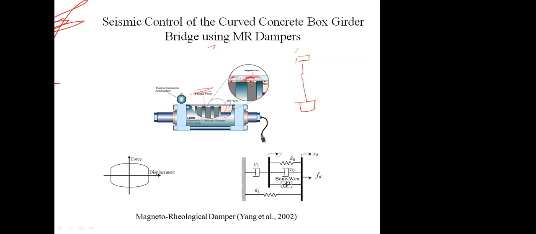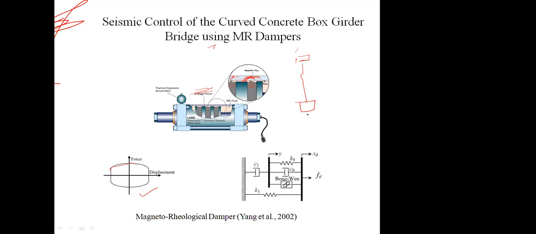This MR damper is just similar to a viscous fluid damper. The only change is that the fluid inside is the MR fluid. That is a fluid which contains magnetically polarized particles, very fine, micron-sized in nature. When we apply a magnetic field around the particles, it changes the viscosity of the fluid as per our requirement, and we get the force between the two nodes. The force-deformation behavior of this MR damper is like an oval shape in nature. This is shown here, force versus displacement.